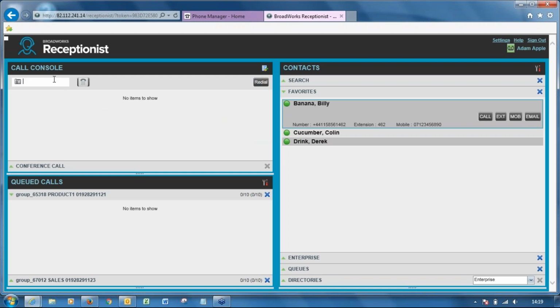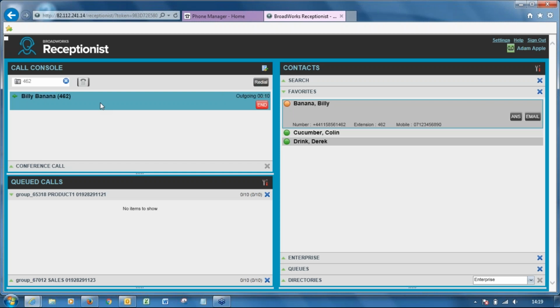It should be a similar process for external calls. Let me see if I can reverse this without messing this up. So I can trigger a new call here. I'm going to call, actually it's Billy again, but I've just dialed him manually. Oh, obviously it does a callback call to me first. I need to answer before it joins the other end together. Okay, so that call's in session, and then I should be able to